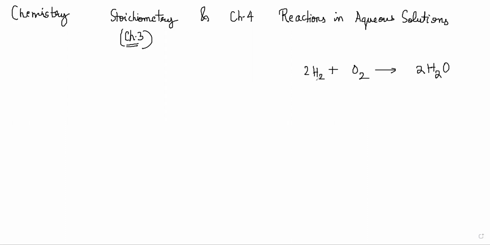Yes, sir. So you can say that basically 2 moles of hydrogen will react with 1 mole of oxygen to give 2 moles of water, right? These coefficients 2, 1, 2 are what is telling you the ratio of the number of atoms that react with each other, right? So basically 2 molecules of hydrogen with 1 molecule of oxygen should give 2 molecules of water, right?